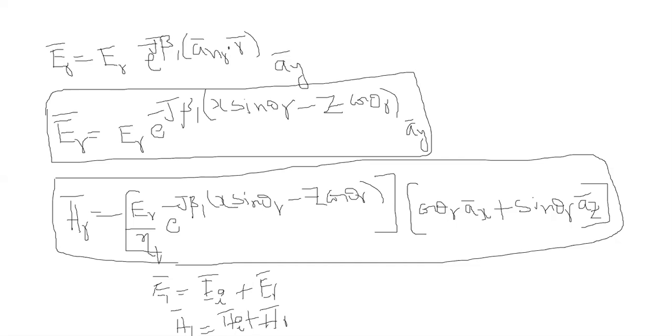Those two equations, E1 bar and H1 bar, are the horizontal polarization of oblique incidence at a plane of dielectric and conducting medium. The equations of E1 bar with the combination of EI and ER, and H1 bar with the combination of HI and HR, are the equations for the horizontal polarization of oblique incidence at a plane conducting boundary. And in tomorrow's class, we will see the vertical